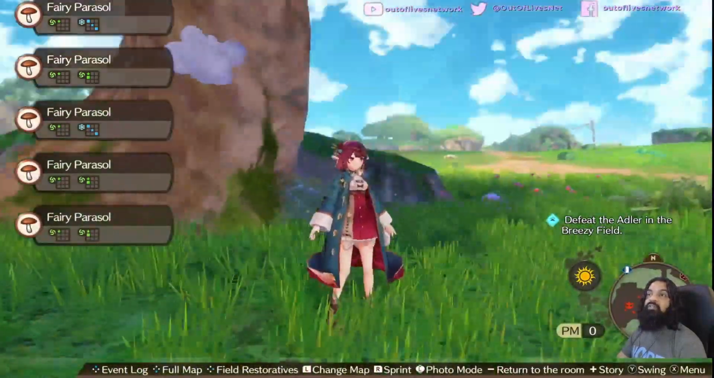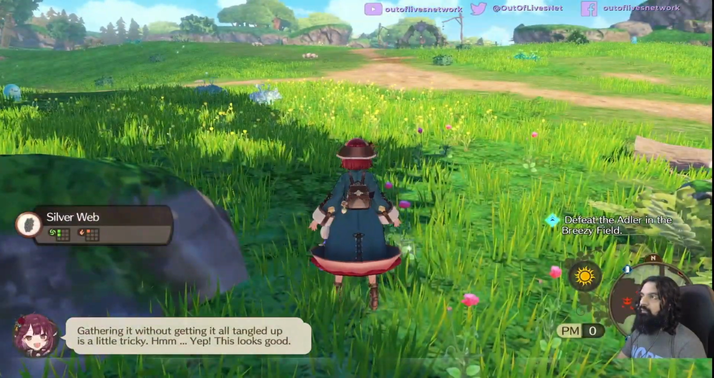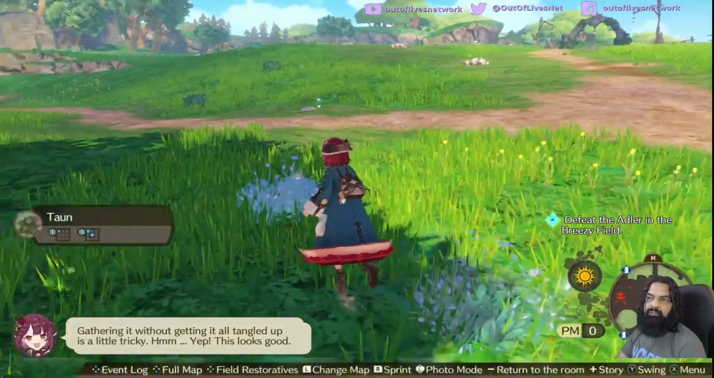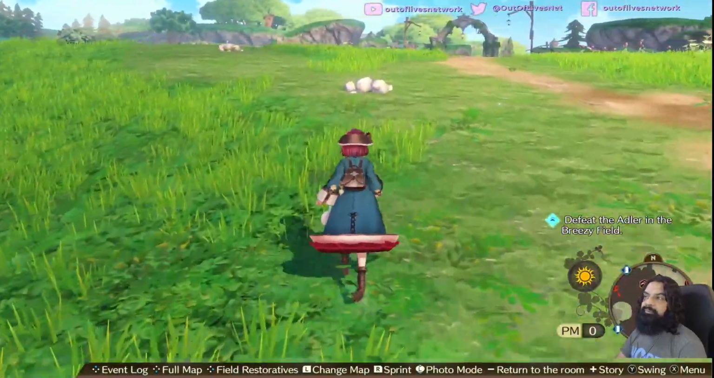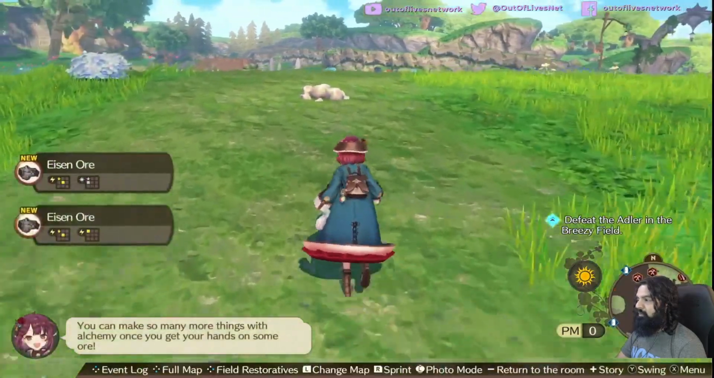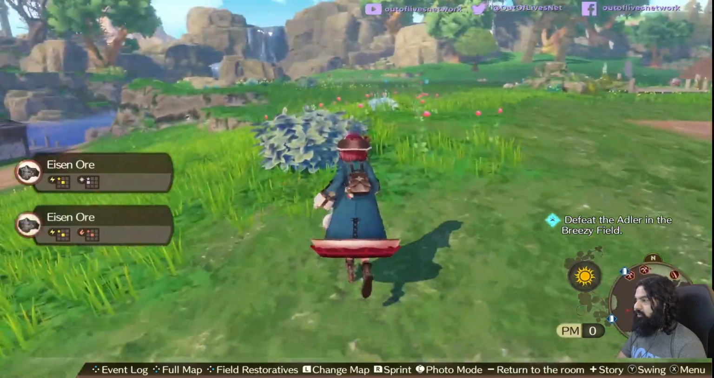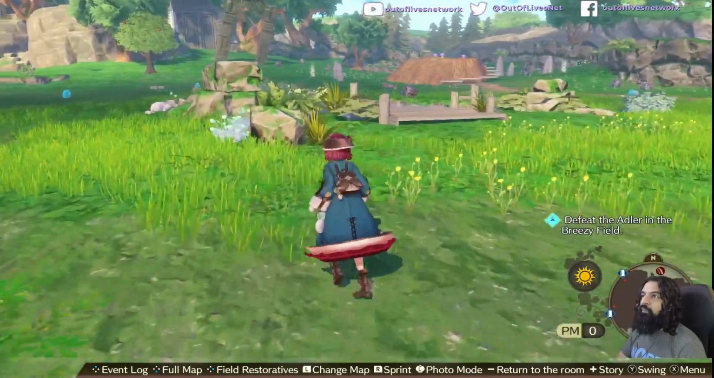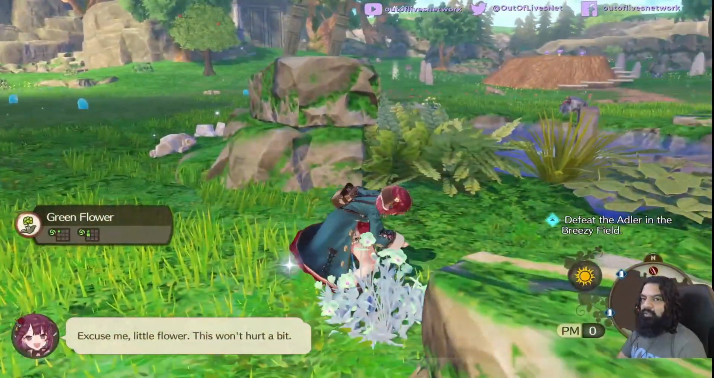It takes so much of the screen up too, like the item grabbing. I guess it makes more sense in handheld mode that you will see what you picked up, but good lord. Rocks? Okay, so what I wanted to do was fish, obviously. Green flower,